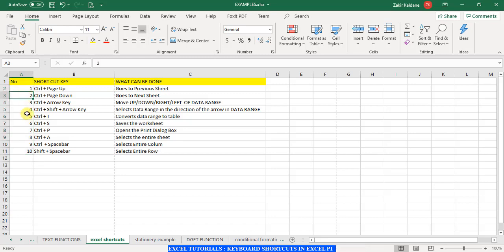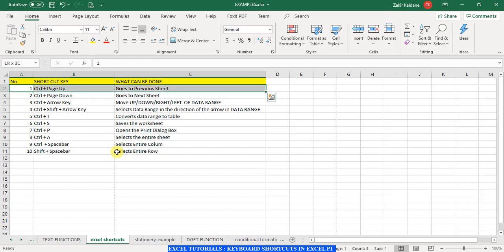For example, if I am here on the last cell, I say control shift up arrow, it will still do the same task. If I want to select a particular row in a data range, I can say control shift and right arrow.